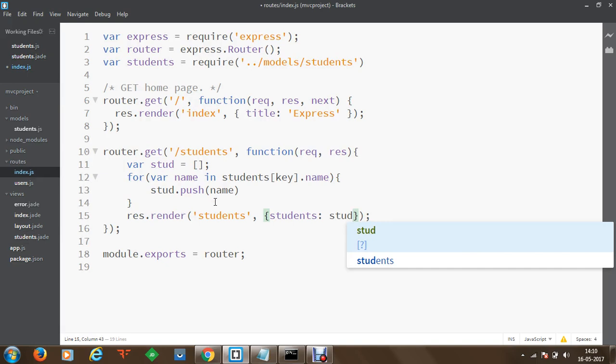So what we did, we have read a model, read the information from the model, pushed that information inside an array, and then sent the array to the students view. Now whatever values have been stored into the students will be rendered on the web page. So now let's just save it, and we are going to test this application on the console.